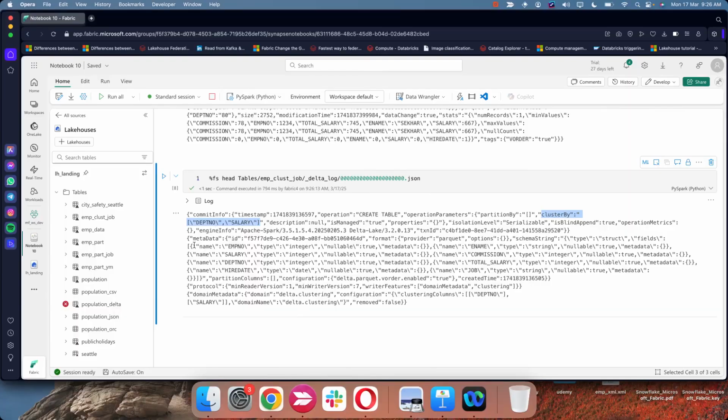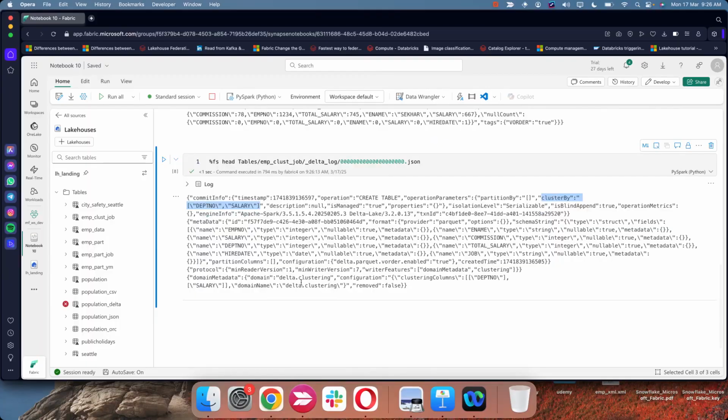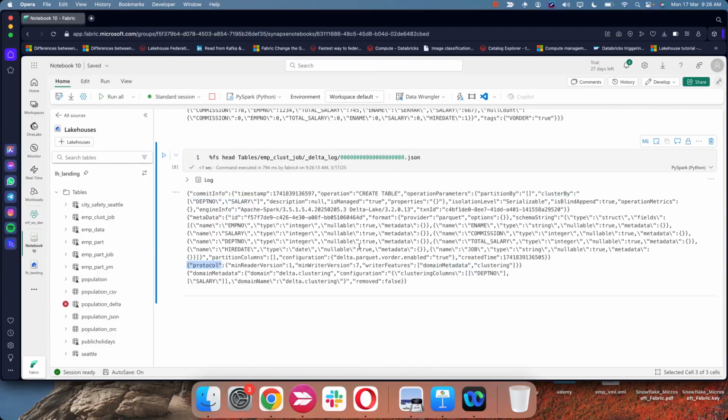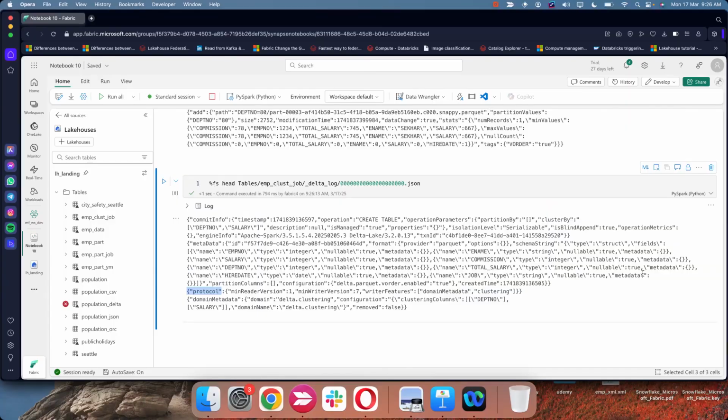So you don't see subfolders. So only one data file which we can see. There you can see the clustering columns and the domain metadata. Write features is clustering, transaction protocol, and metadata. If we go to version 1,